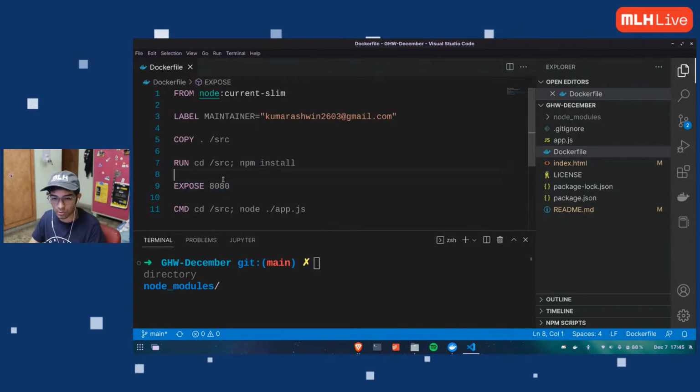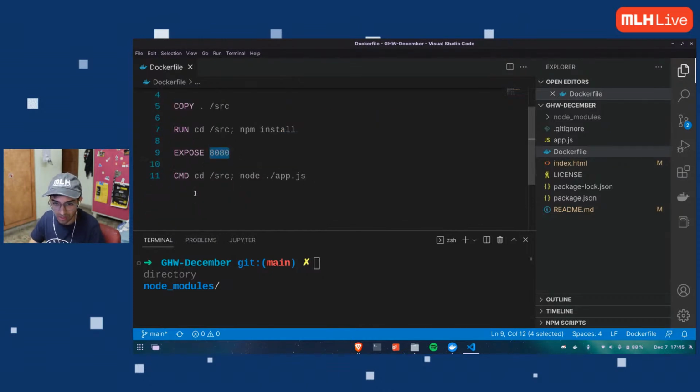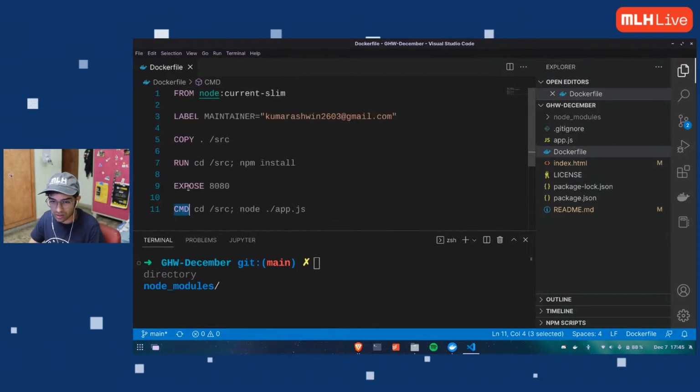So I'm going to expose my port where I want to see the output in my browser, and then I'm going to put a command that changes to the directory, makes sure you're in the directory, and then runs my app. Now this CMD is because I want this line to run when I start my Docker container, when I build a container out of my image. The other lines run while I'm making the image.